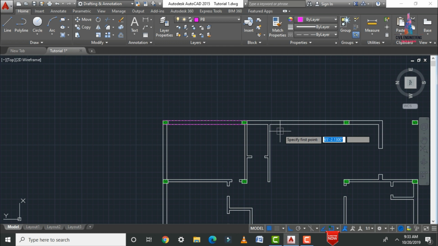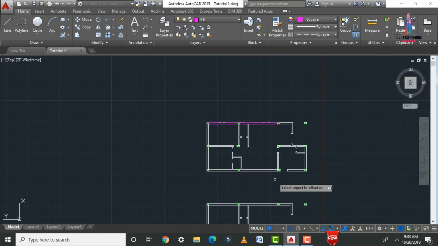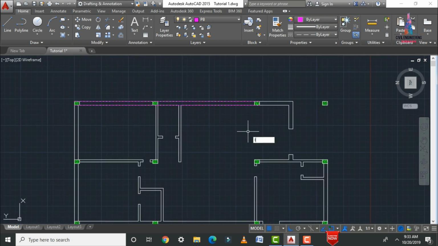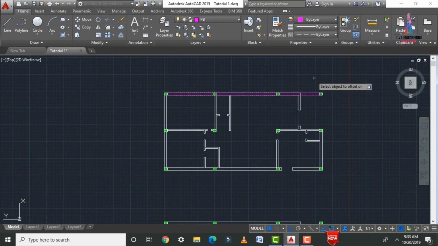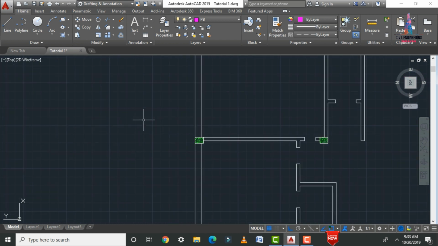Again we have to use the L enter option. Here I'm selecting the first point and selecting the second point here. In the same process we need to apply the offset of 9 inches. Here I'm selecting the offset for this section. Again in the same process we need to apply the offset for the X direction position for the remaining column to column. Click on OK. 9 inches. Select this offset like this. After that we have to draw the remaining main beam sections like this.